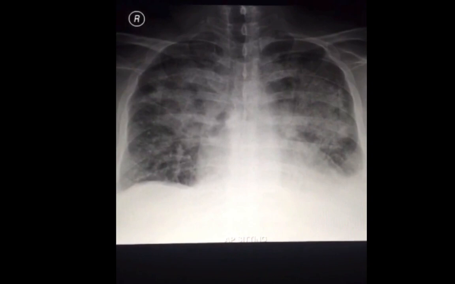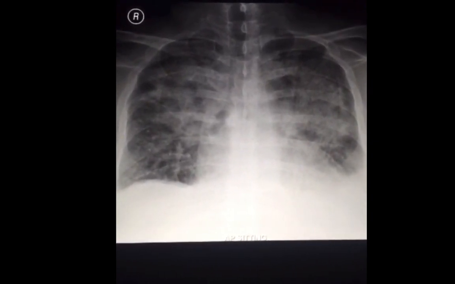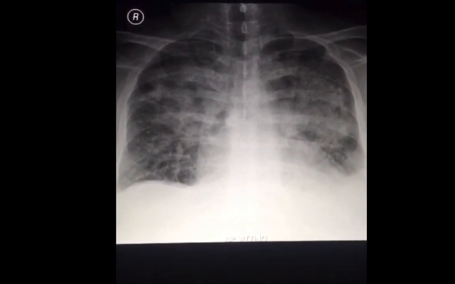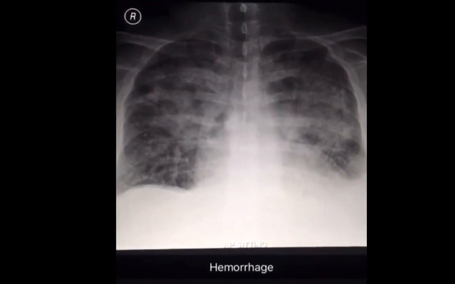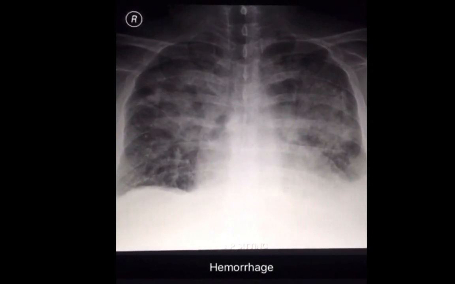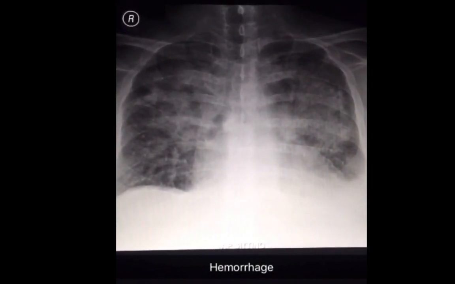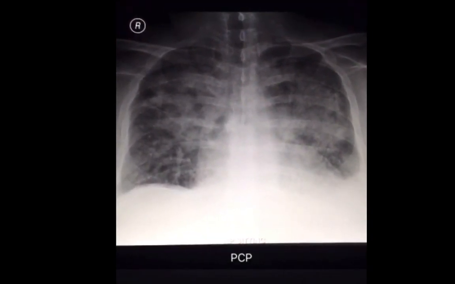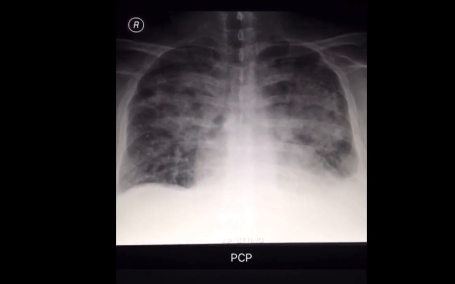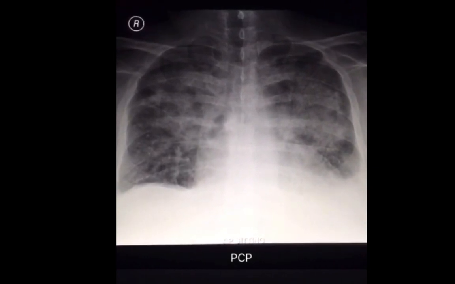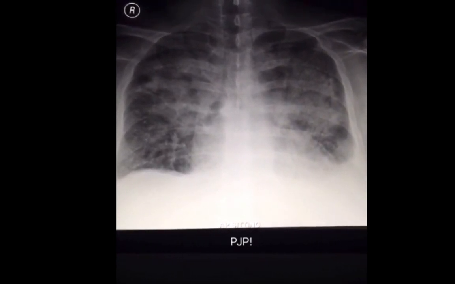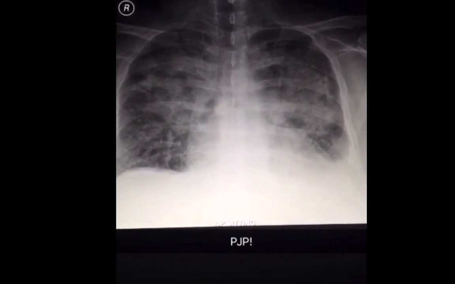Although many other causes could give you what looks like a bat wing appearance, if this appears acutely, two other differentials should be mentioned. If the patient presents with hemoptysis and dropping hemoglobin, this could be pulmonary hemorrhage, and many diseases could be associated with such a condition. And if the patient is immune compromised, especially HIV patients, this could be pneumocystis pneumonia. For juniors who are reading about this, the new name for pneumocystis pneumonia is pneumocystis jirovecii pneumonia, so PJP instead